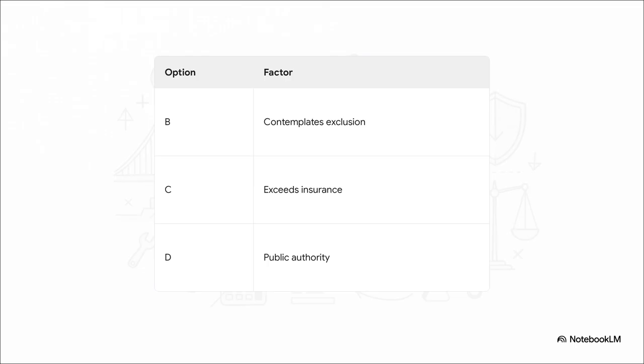Second, gross negligence. This refers to a serious error or a reckless disregard for professional duty. We're talking about a significant leap beyond a simple honest mistake. And lastly, contemplated exclusion. This means determining whether the contract wording was specifically intended by both parties to cover the exact act or failure that just happened.